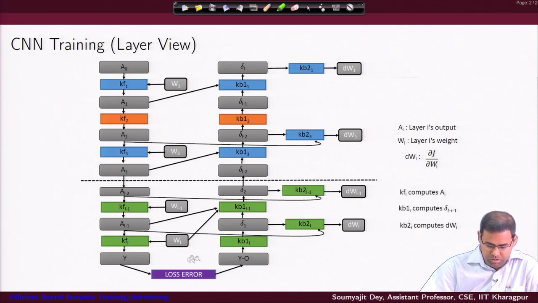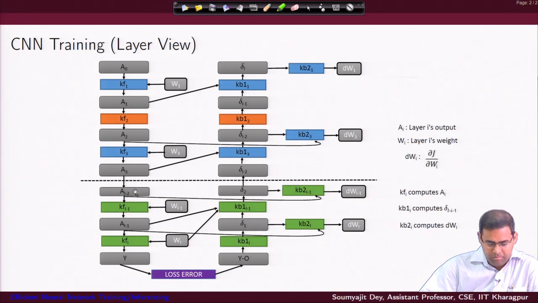If you look into this picture in the forward pass, I am just reintroducing this picture again after our last lecture, because there is some linkage here which we need to mention. As you can see, for every layer I am introducing this index, right. Although the kernel is KF, which is always computing the activations AIs, for the ith layer I call it KFI, for the next layer it is KFI plus 1 and so forth. Basically it is the same kernel which is getting called multiple times for computing the output of different layers, right.